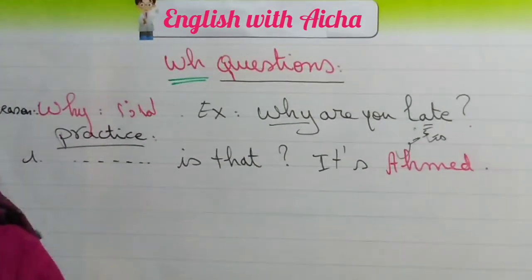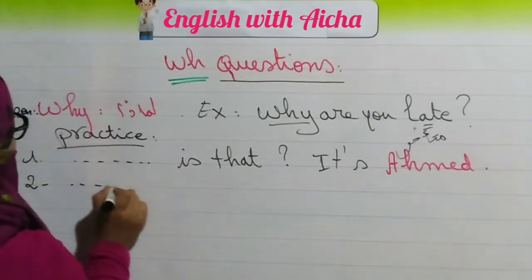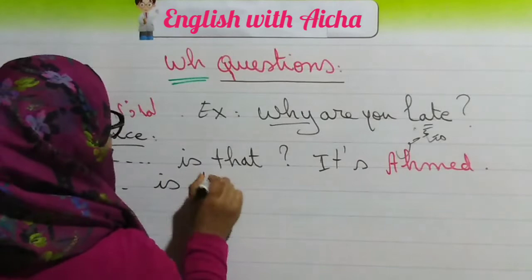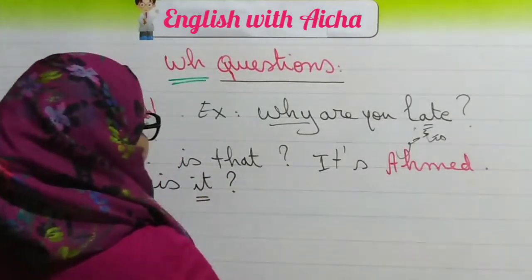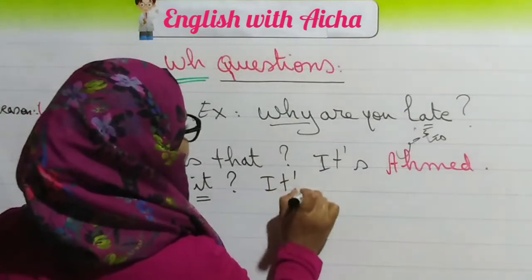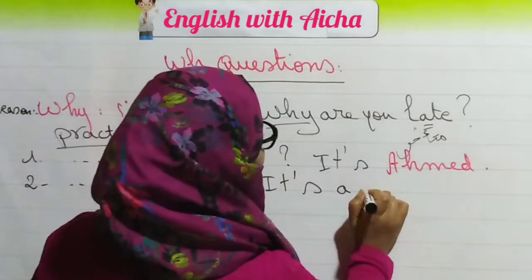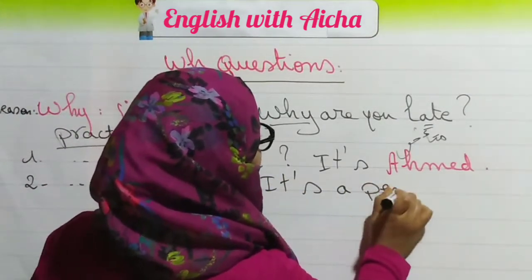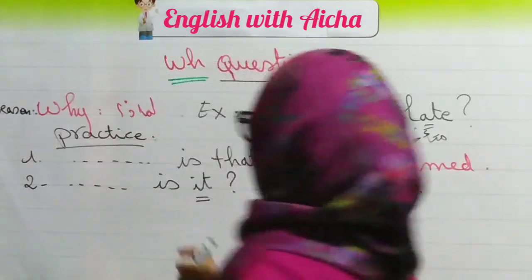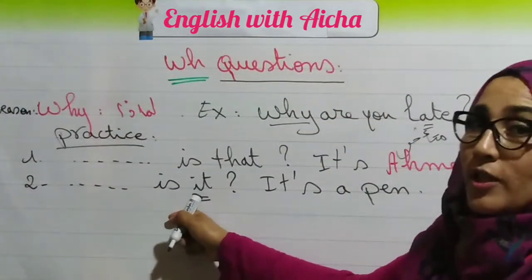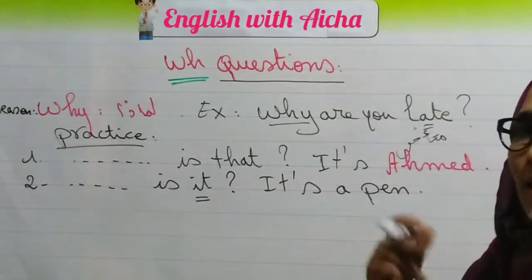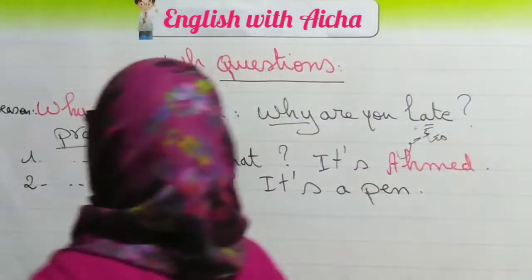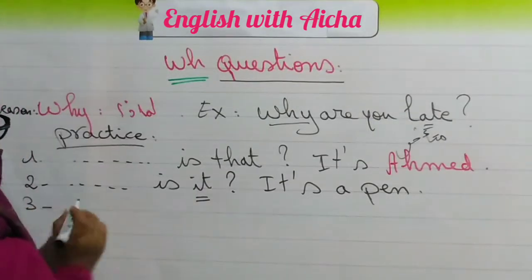Then we have another question. Is it? You have it. Okay. The answer, it's a pen. It means a thing, objects. So what do we use here? Think more, I can bet. Number 3, we can say